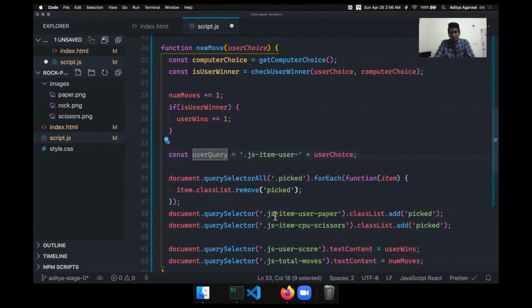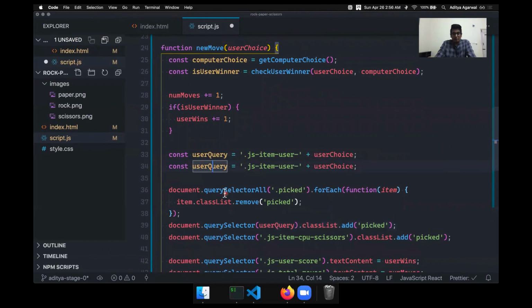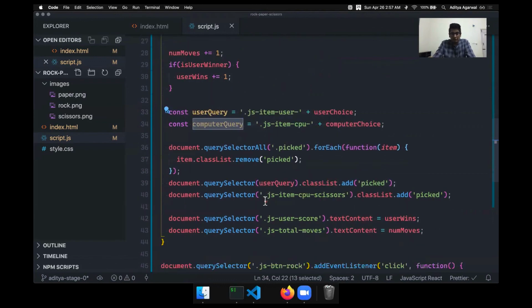Instead of this string I can just say user query, because if user choice is rock, it will be .js-item-user-rock. For paper it will be .js-item-user-paper. And similarly I can do for computer, and this should be CPU. And now instead of hard coding for scissors, here I can say computer query.